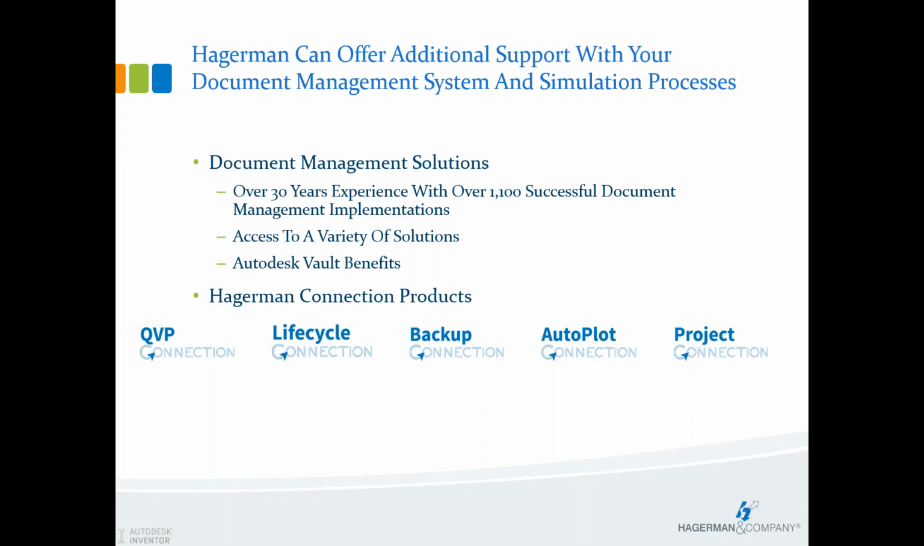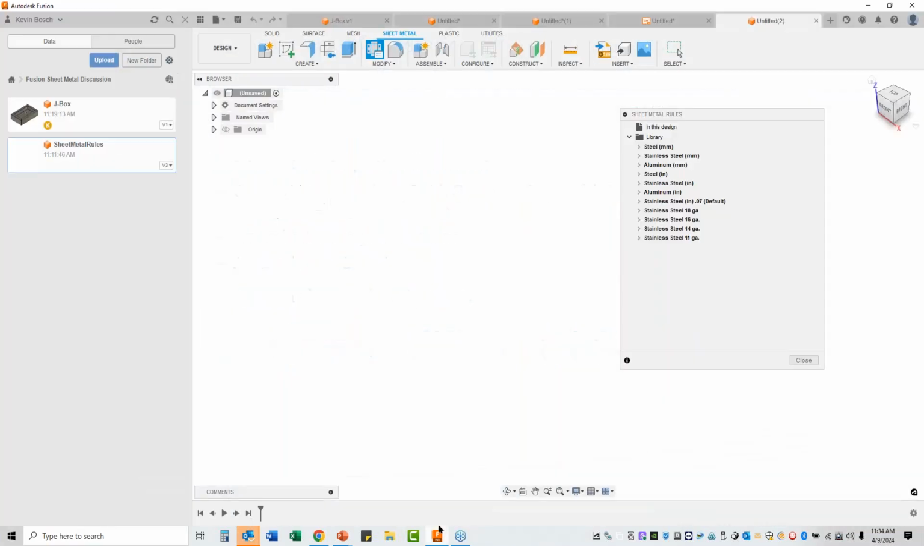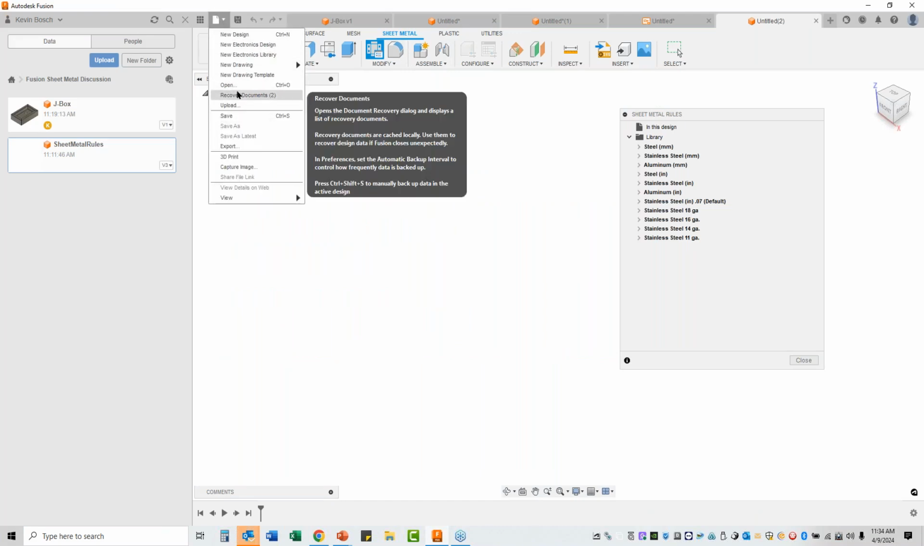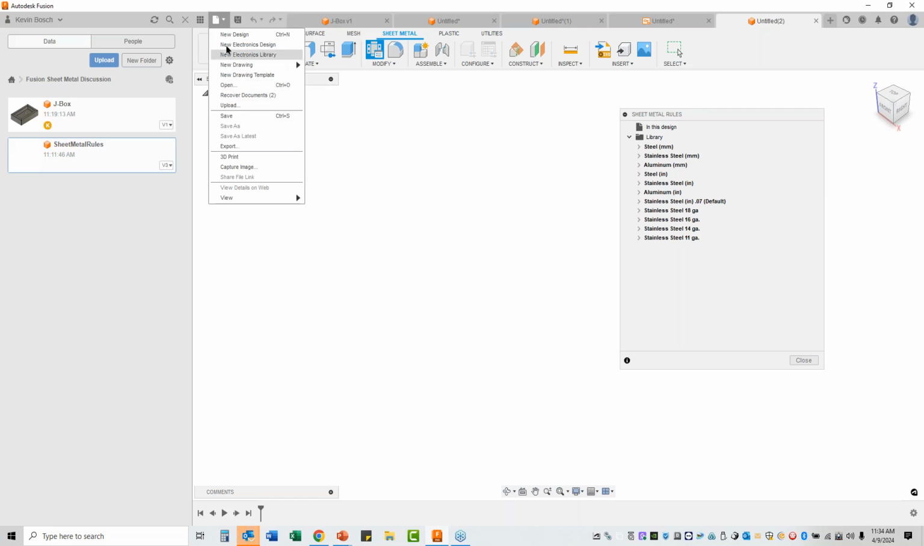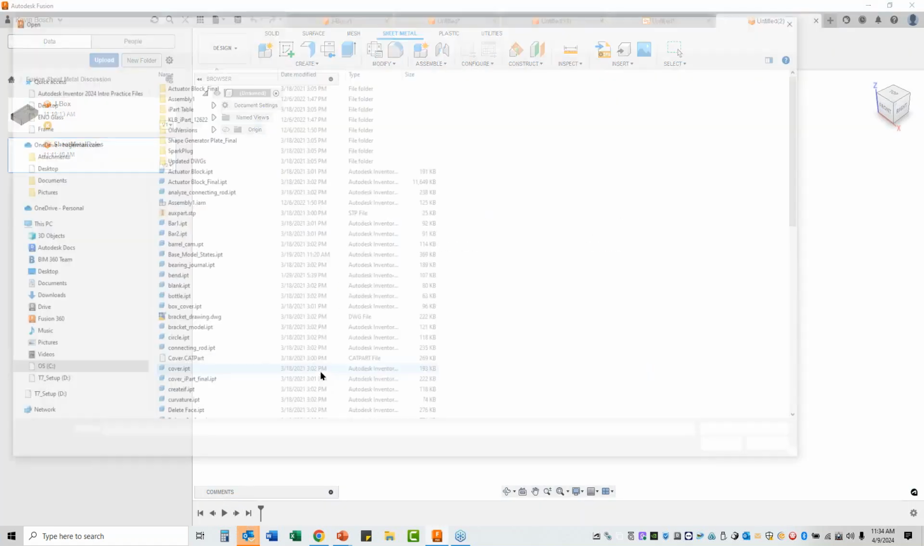And Michael asks what types of files can be imported or exported from Fusion. That's a very good question, Michael. There are a number of different file types that can be brought in. Let's go back in here just a minute. So once again, doing the file and open, you can start a new Fusion design, so then browse from my computer,